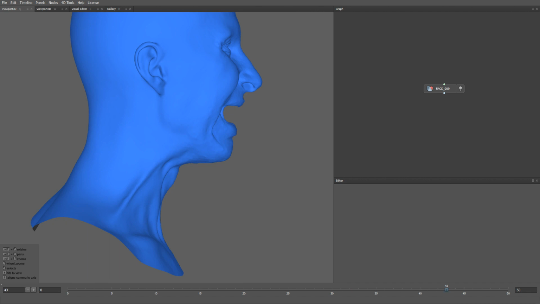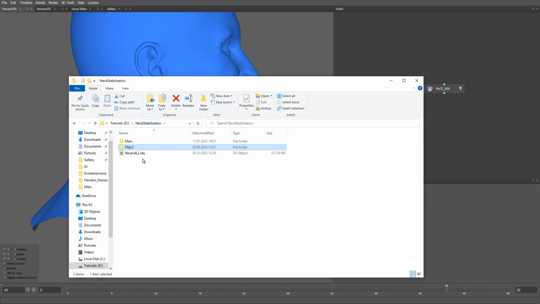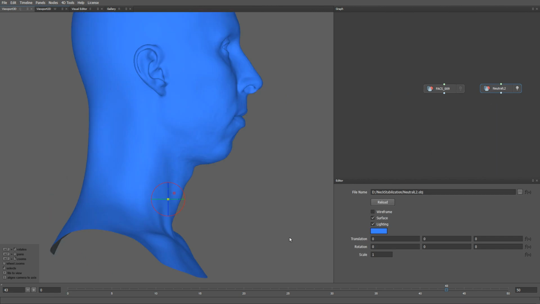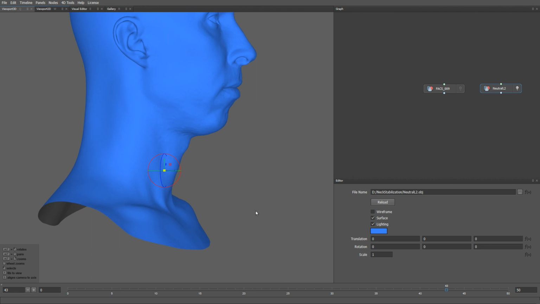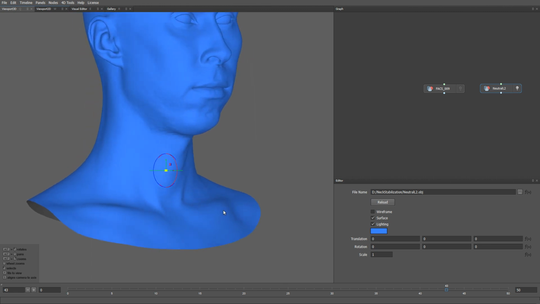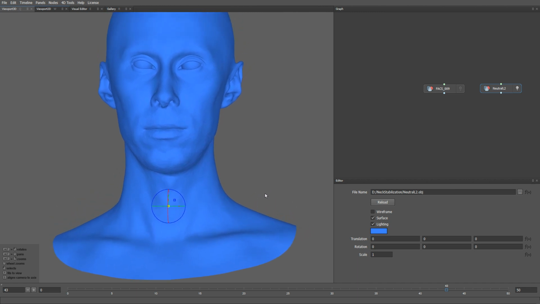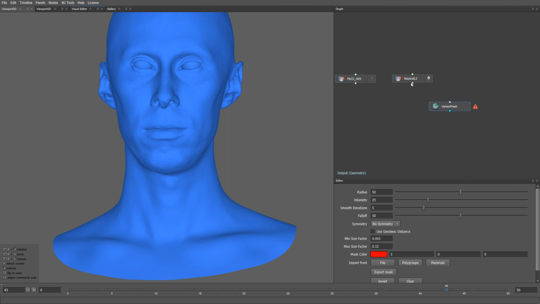Let's start our process with importing the neutral mesh into the graph editor. We'll use the neck position on this mesh as a reference for all the other expressions. I'm going to replace the bottom of the neck on our FACS expression with a neutral shape. To do that, I'm going to create a vertex mask that defines what parts will be replaced, and rename it to fixed mask. Let's set the intensity to 100, the fall-off to 100, change the symmetry to topological, and enable